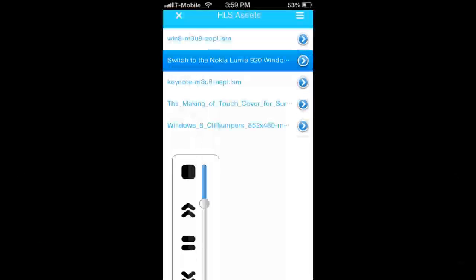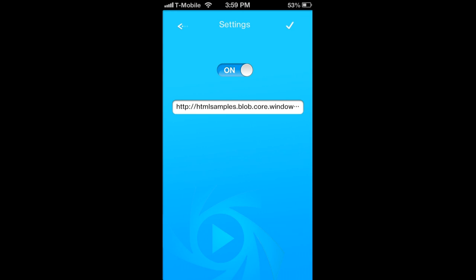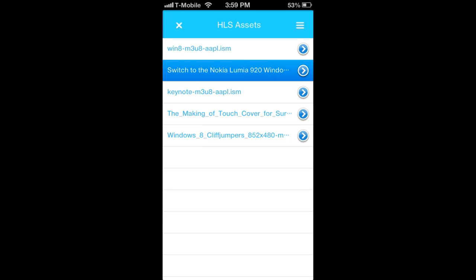So if I stop the playback, I can say now I want advertisement to be inside that video clip. And that is where the VMAP file is hosted, which I'm going to show you guys on my desktop later. That's actually something configurable on the backend. And click on OK. And if I go back to the video content and try to play again,